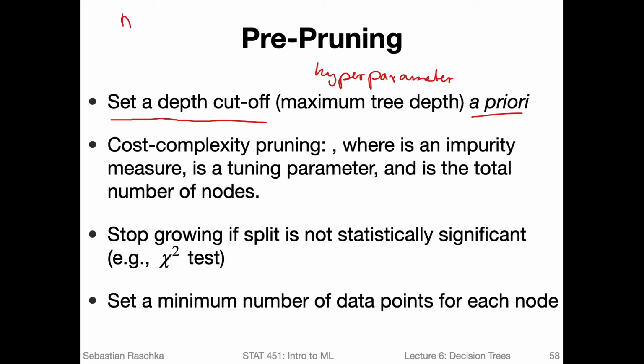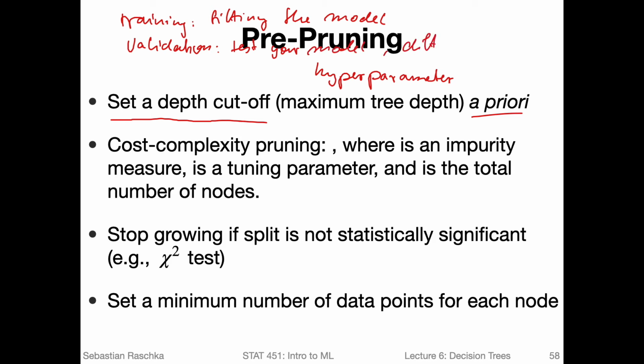So again, you would use the training set for fitting the model, and then you have a validation set. There you test your model, and you can try it for different max depth settings, and then you can see which model performs best on the validation set.